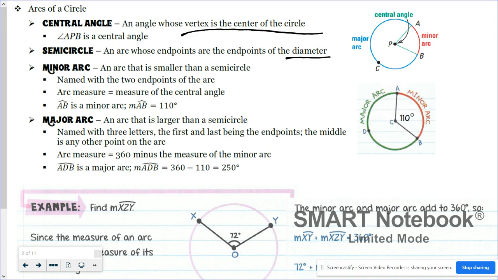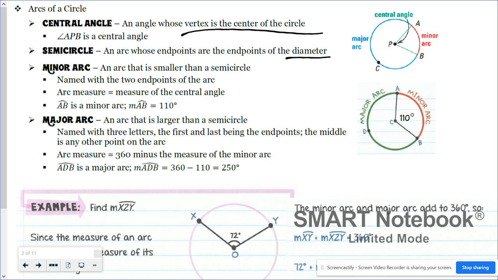Minor arcs are named using the 2 endpoints of the arc, and the arc measure is equal to the measure of the central angle. So going back to the quiche slice, I don't know if you thought the 72 degrees was the measure of the angle or the measure of the arc. Most likely you thought it was the measure of an angle, because who knew arcs were measured in degrees? But if you think about it, one full circle is 360 degrees, and would you really consider the distance around a circle as an angle? I don't know. Anywho,